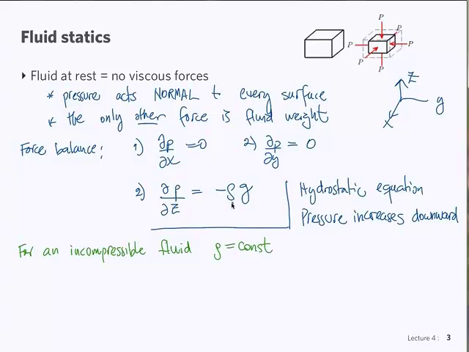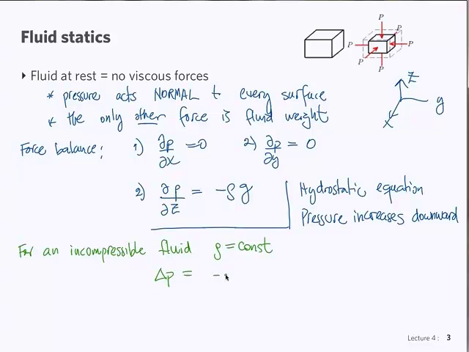It doesn't necessarily have to be a constant. Rho could be a function of z also, in which case we would have to integrate, and you will see that next class. But if the flow is incompressible, then rho is a constant, and then we simply have delta